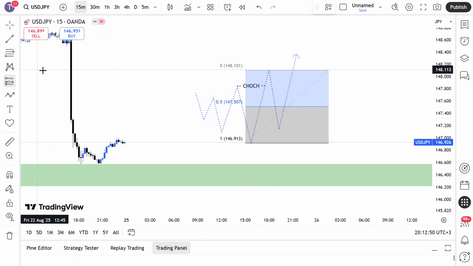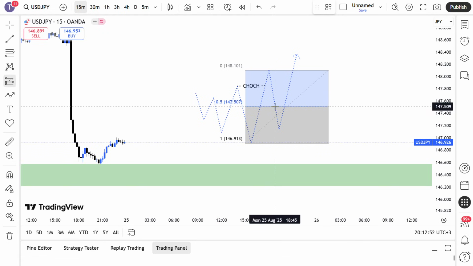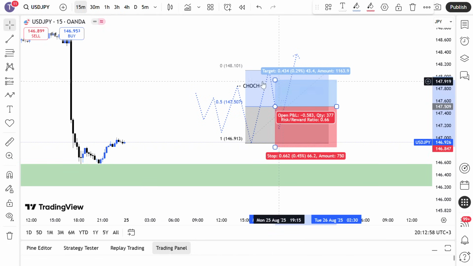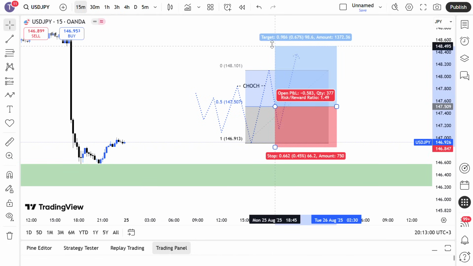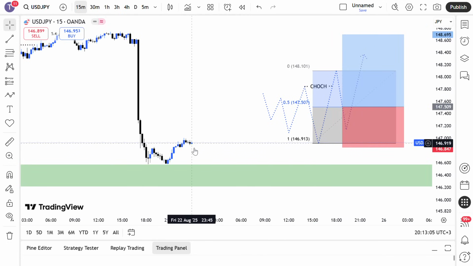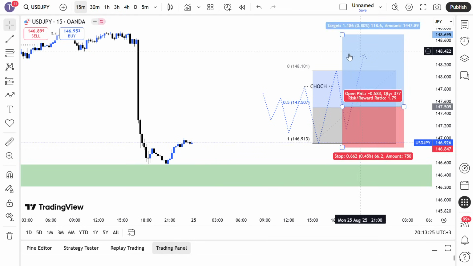So let me try and do that. I'll be taking a trade from that area and put the stop loss just below that level that was taken out as the change of character, and I will take that trade. So I expect price to push back down because this is not a valid pullback or a valid inducement. I'll expect price to pull back down, move back up, and then sweep this high as the liquidity before going back down to break structure,